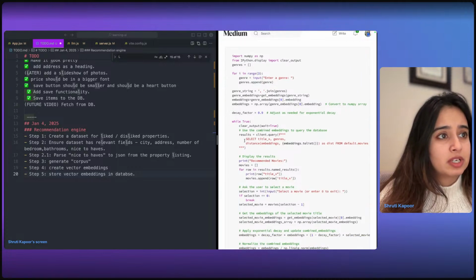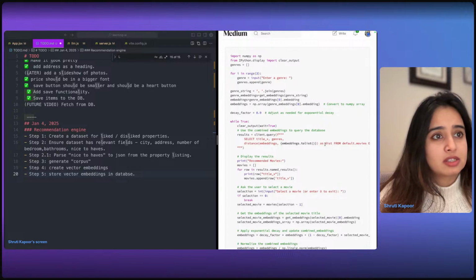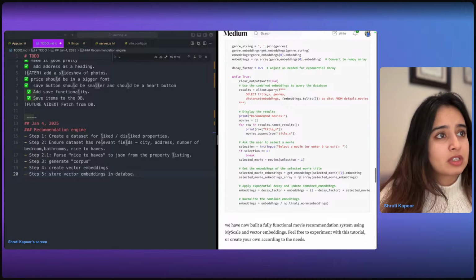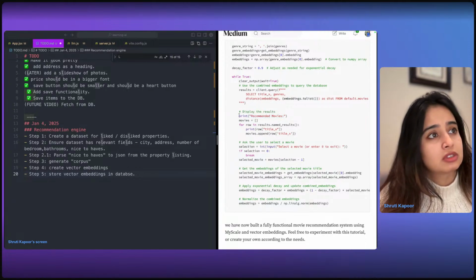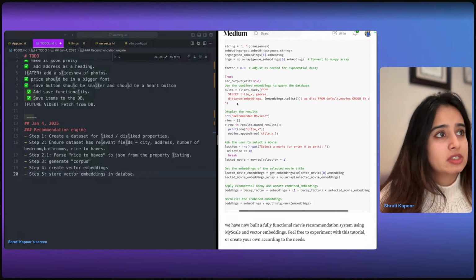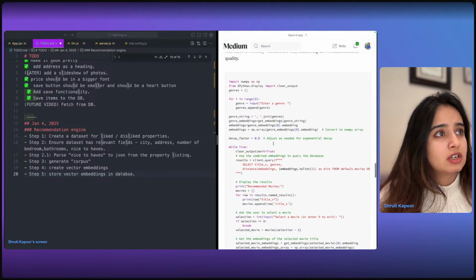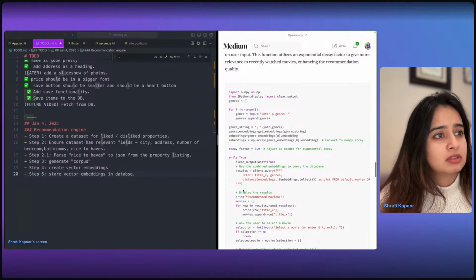Result is client.query distance embeddings as distance from default movies, order by distance. Display the results. Oh, so I think it's just the distance factor that's helping. And this distance factor comes from, where's distance coming from?